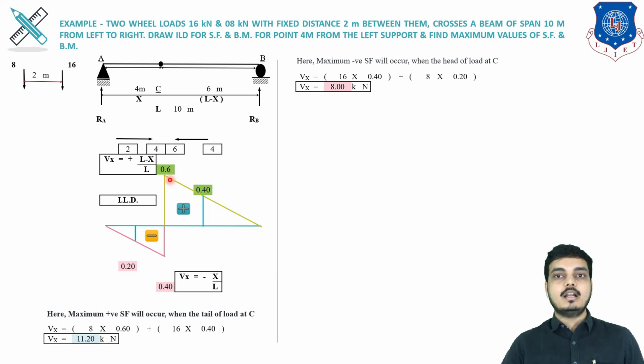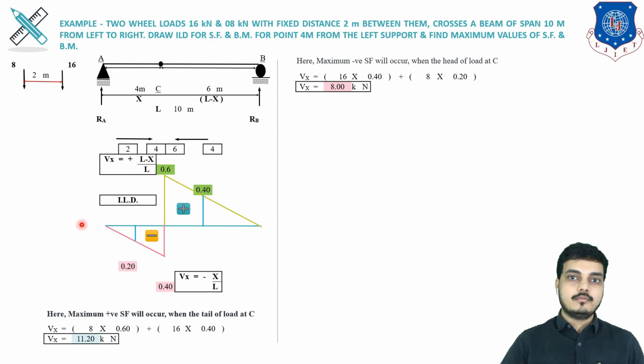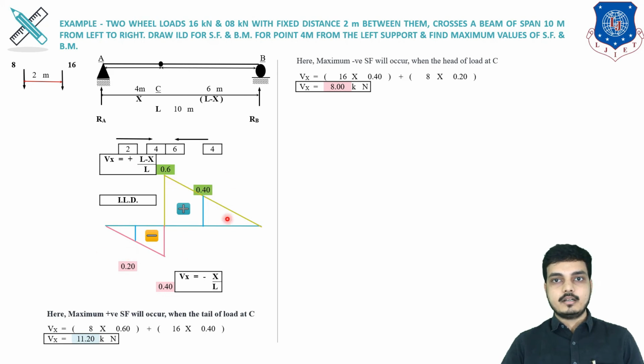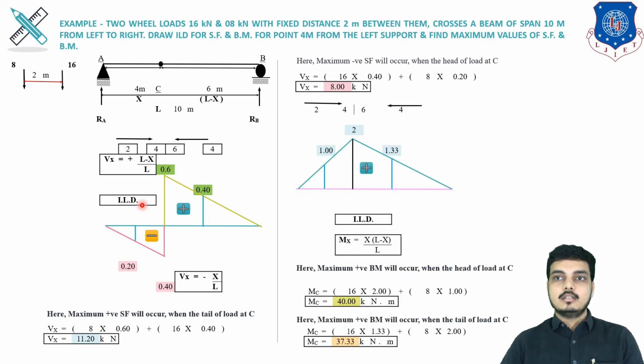Now here the maximum diagram is of this one, because our section is more towards the left hand side, not at the center. So our maximum value will be this one only. So our maximum shear force will be coming from this side. Not every time, but here I am explaining. If the section comes somewhere over here, the maximum value will come from the bottom ordinates. So by better understanding, you can find out the maximum shear force and bending moment.